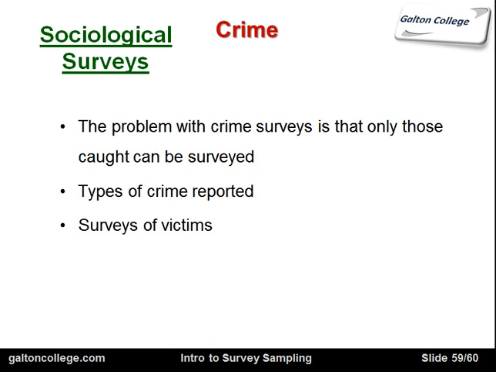So in this class we've looked at many different types of survey, and we've distinguished samples and censuses, and then gone on to talk about the various different types of surveys that can be conducted. And that's all I want to do in this session, so I'm going to leave it at that